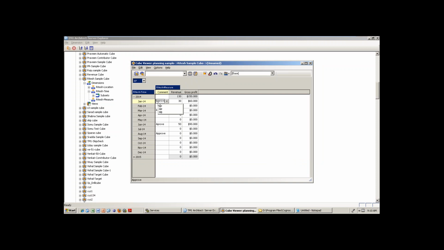But the previous convention should be there, because when I am doing it for January, I am using the convention as approved. So it will be there. But remember, if you want to change, you cannot change with the same name again. Once you change, the list below will appear like this. But the value whichever you entered will be there. It will not be gone. But if you want to change that value with some approve and reject, it will not be available now. So this list will be available.